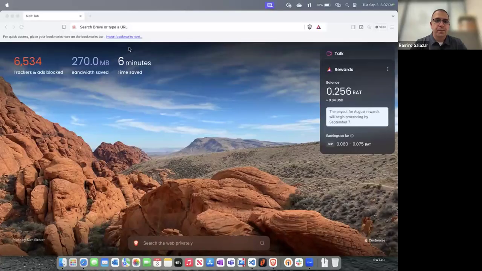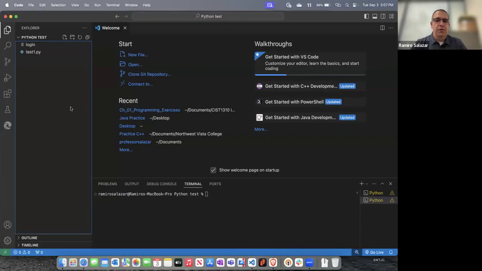Okay, so first I'm going to start off by sharing my screen, and I'm going to be showing you Visual Studio Code. And within Visual Studio Code, we'll create a list. So let me first start by sharing my screen. And over here within my Visual Studio Code,